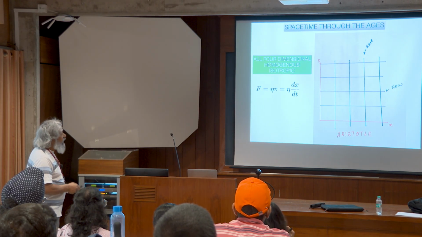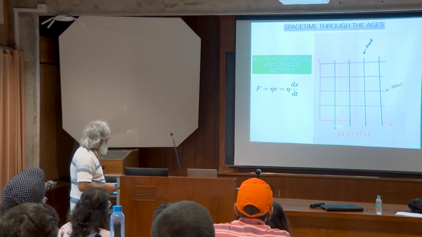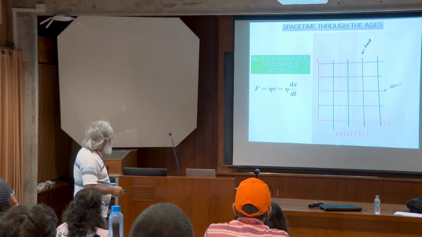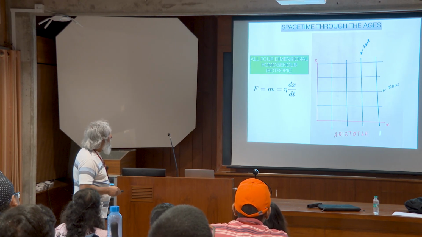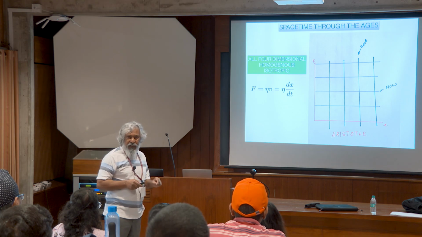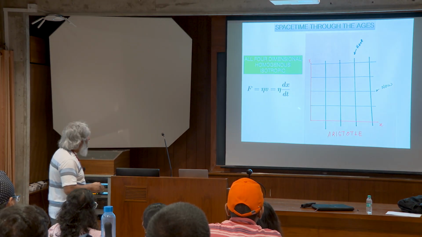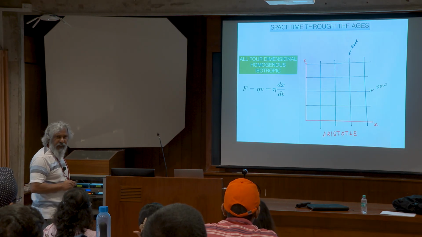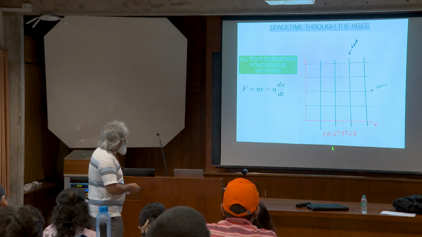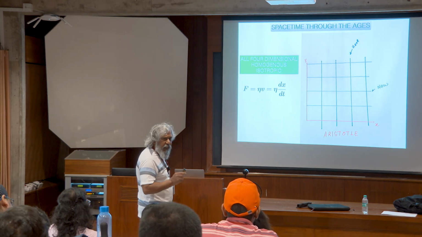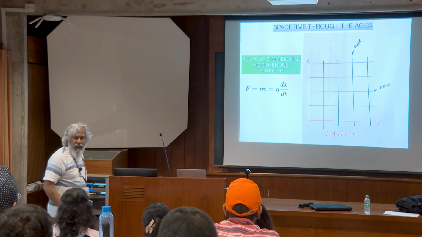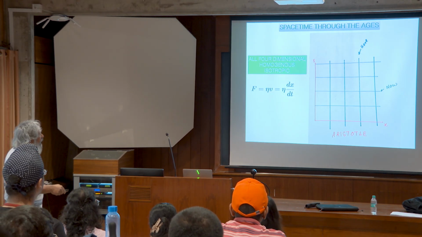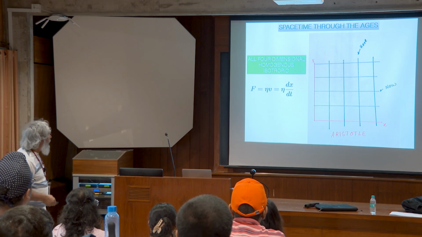If you go back to the ancient Greeks, they thought of space and time like this. Here was space, and here is time. If you draw vertical lines here, those lines are at the same space point for all time. You can also draw horizontal lines here, which are at the same time for all space, right? This was Aristotle's picture of space. There's no mention of the speed of light here at all. There's just space and there is time, and there is this grid of vertical lines and horizontal lines.